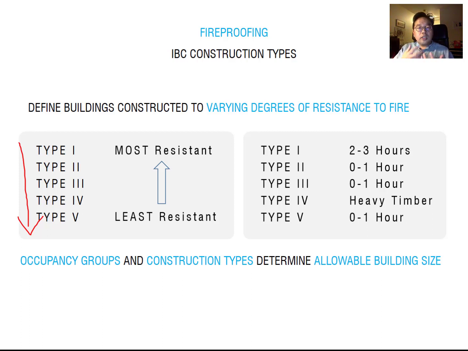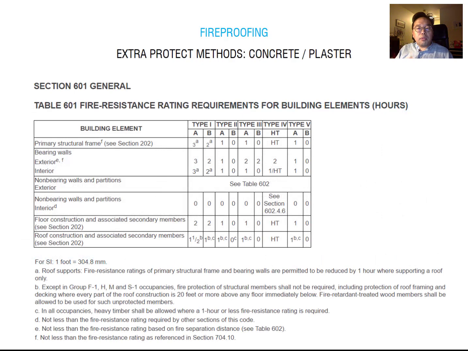This is just the minimum fire rating hours depending on the construction type. Also you have to check IBC 601, which shows the fire resistance rating requirements for building elements. Depending on the building element, it has different fire requirements here. You see construction type 1, type 2, type 3, type 4, and type 5. You can also see the building elements: the major structural frame and bearing walls, which are structural walls, exterior structural walls, interior structural walls, and non-bearing walls, which means